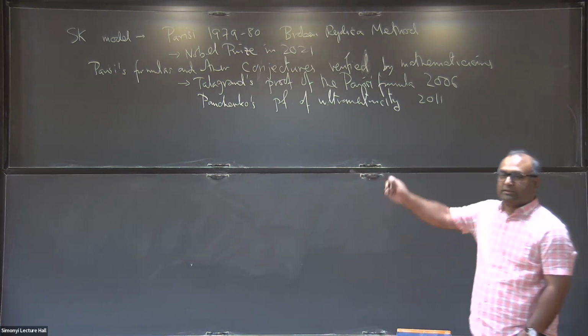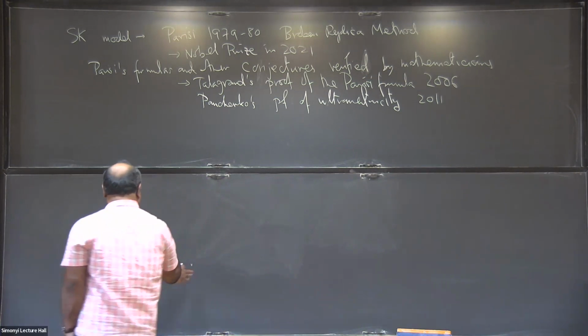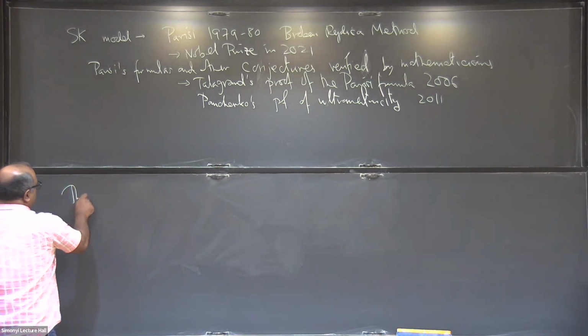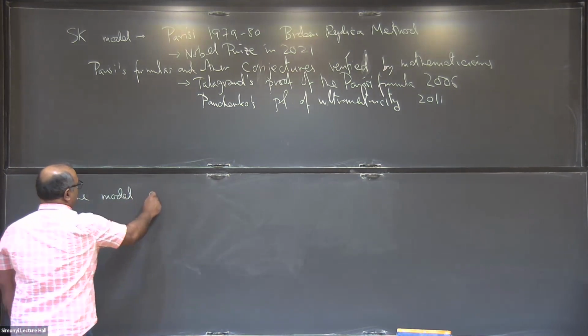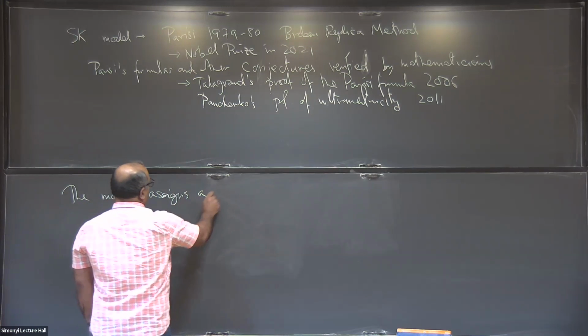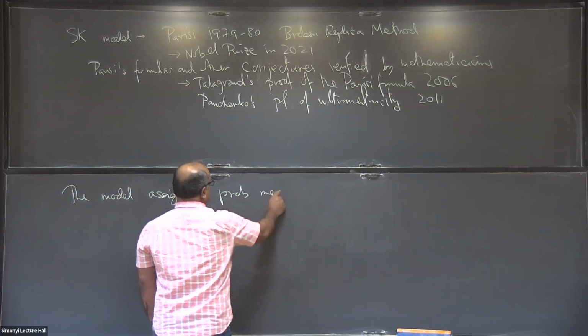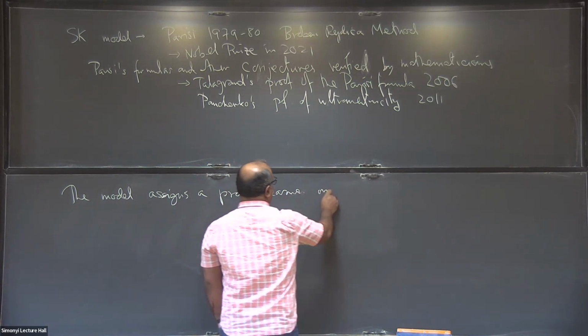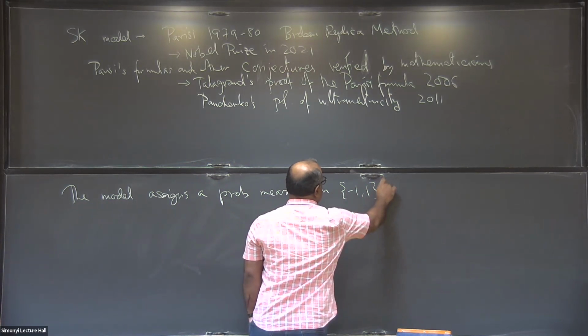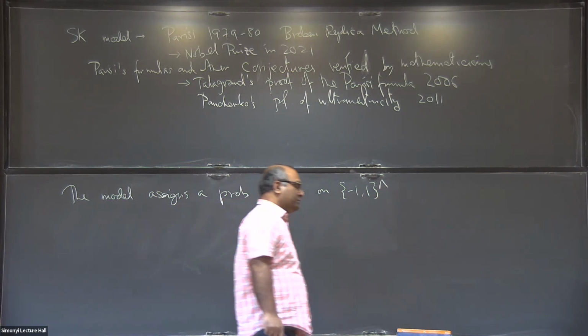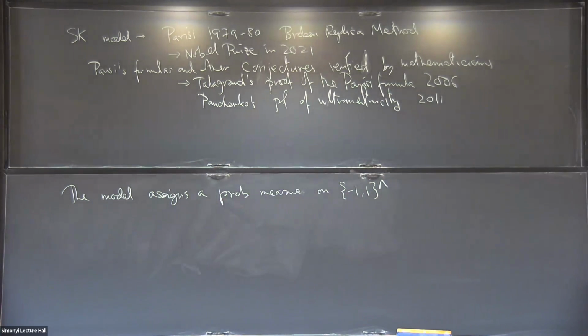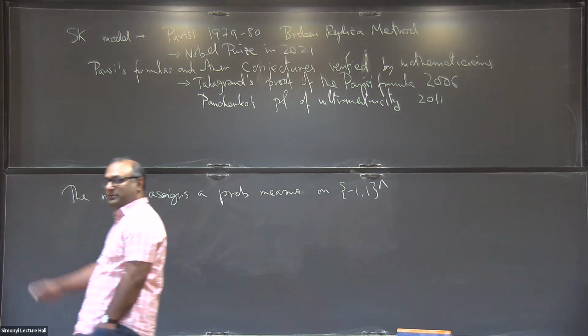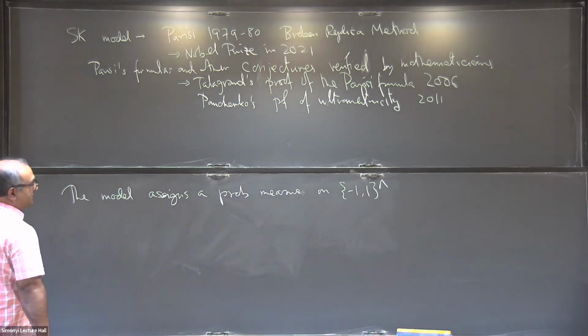You have a configuration. So now what the model does, as in any model in statistical physics, is assign a probability measure on the space of configurations. So it says that certain configurations are more likely than others. And as we say in probability, you pick a configuration according to a probability measure. So it defines a probability measure, and the goal is to understand the behavior of a random configuration drawn from this probability measure. So what's the probability measure?